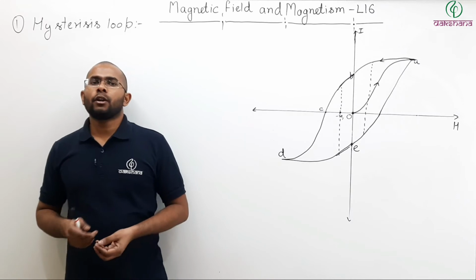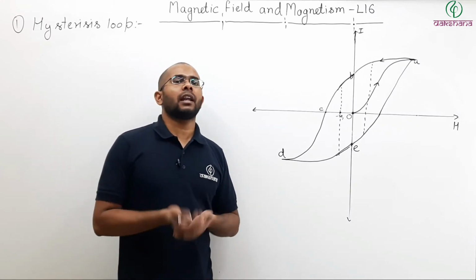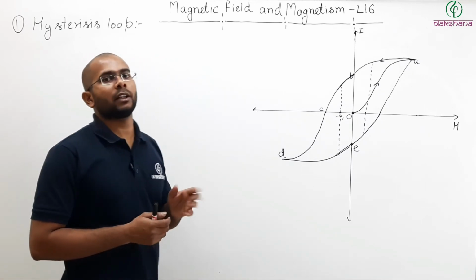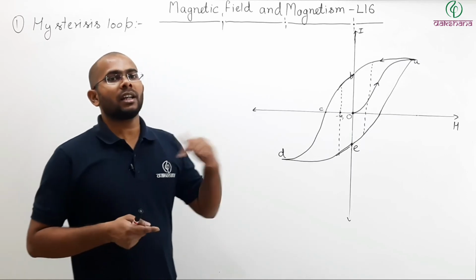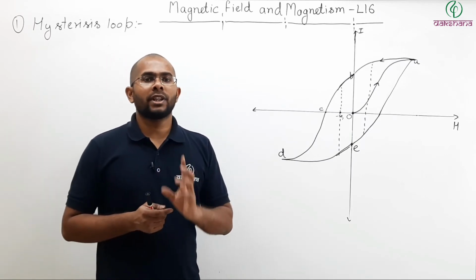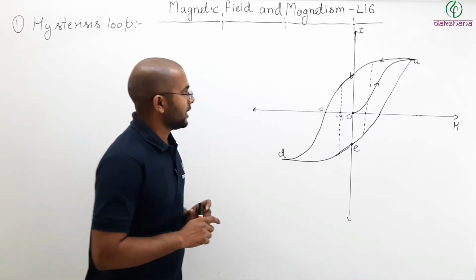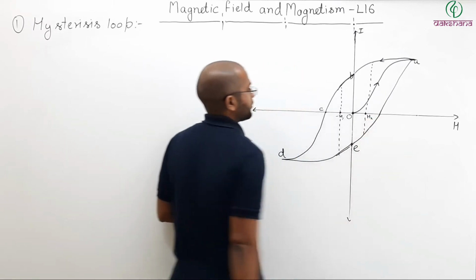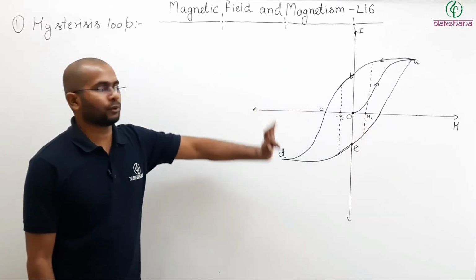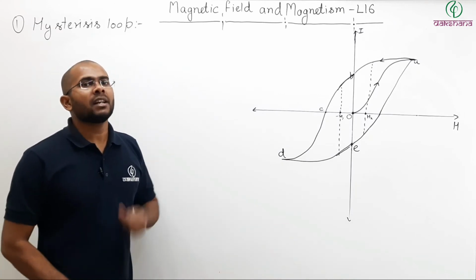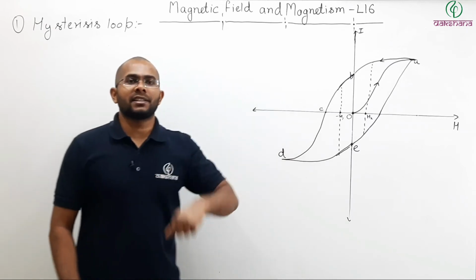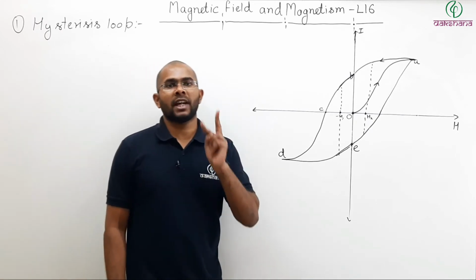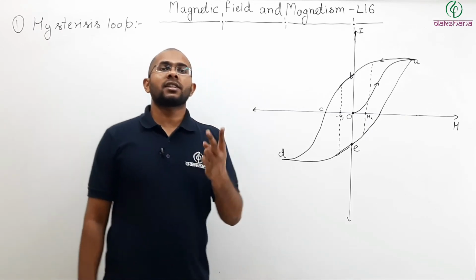So if for the same value of H we can have different values of the magnetization vector, then how do you tell which will be the value? Now see here. There is another piece of information required in order to tell. Let us say this is the value of H, let us call it H2. Now if I tell you the value of H2 and I tell you that my material is getting demagnetized. Remember, two pieces of information are needed. One, what is the value of H? Another, what is the history of the material?